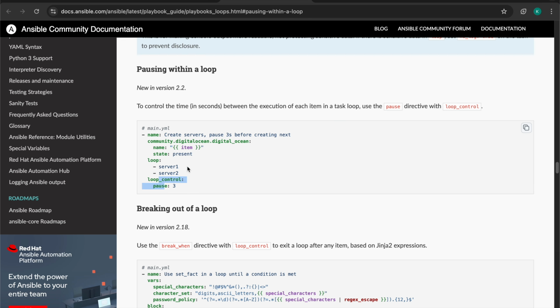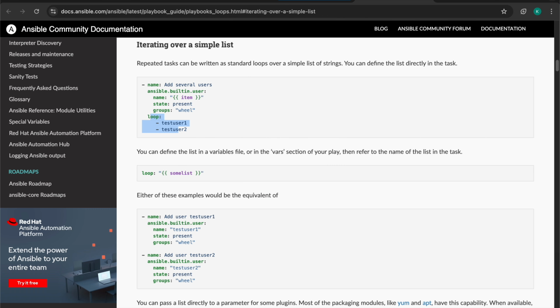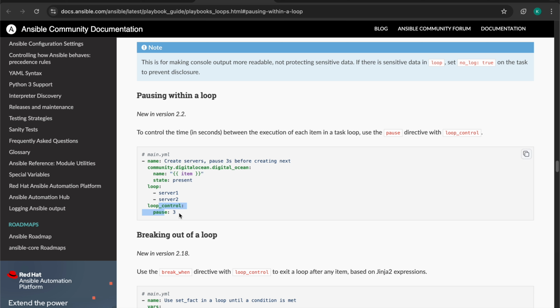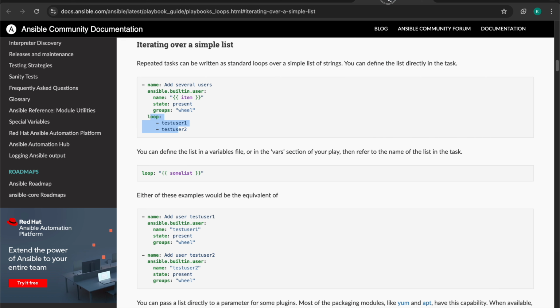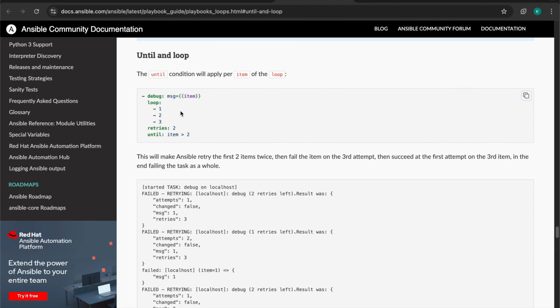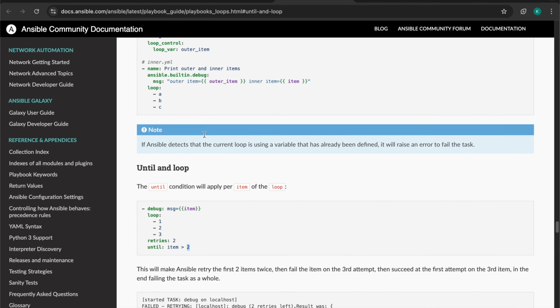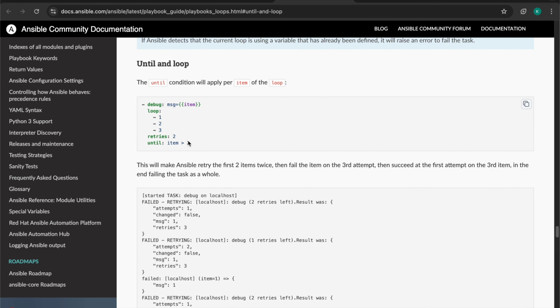Even we can use some of the additional functionalities in the loop like until loop, for example until. I'm not showing this pausing loops because it's pretty similar to what we did so far, just adding that pausing. So in the first iteration, it will wait for 3 seconds and then it will go with the second iteration. Now, let's take a look at this documentation and understand until. So what they are doing, they are retrying for 2 times this iteration until if item value is greater than 2, right? So let me take this value